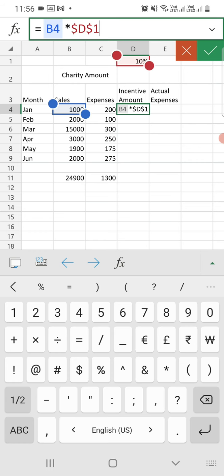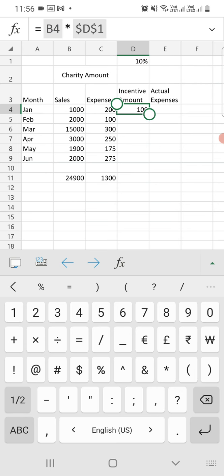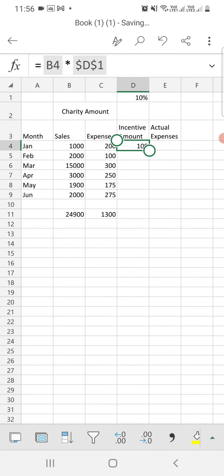You can see easily that cell is selected, $D$1, that is the absolute reference of that cell. So the cell D4 displays the value when you click on that right sign. You will get the value. You can see the value is 100.